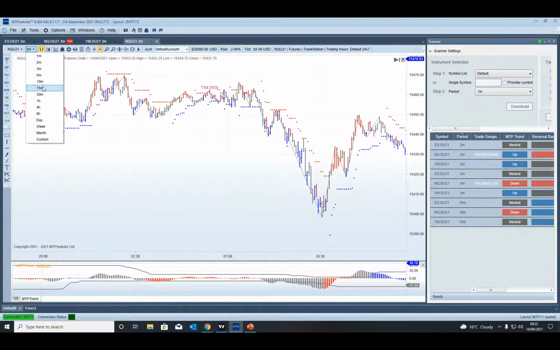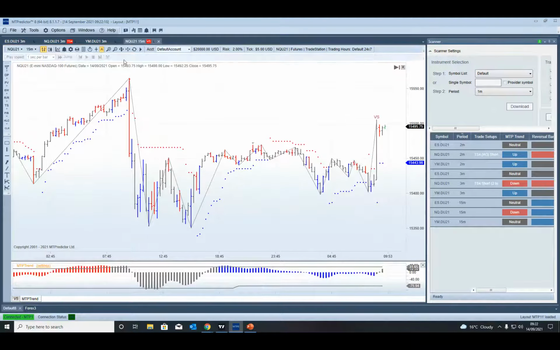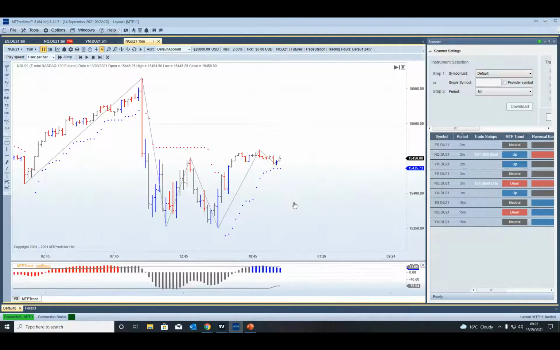So we'd go out to the 15-minute for the higher time frame. So I want to go back to just before that high there. And what do we do? We place the DP on the last high in the same direction. For you guys who want to know which pivots to use, there are specific webinars recorded in the member section of the website that go over exactly which pivots to use.